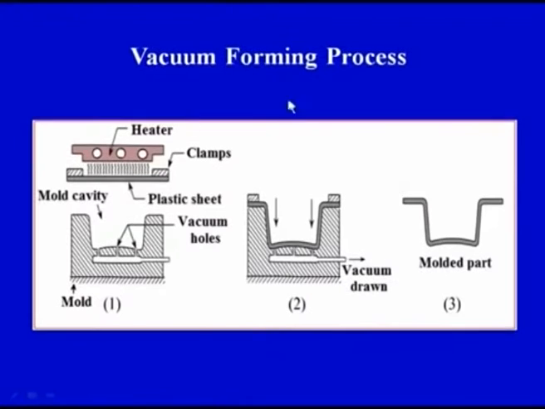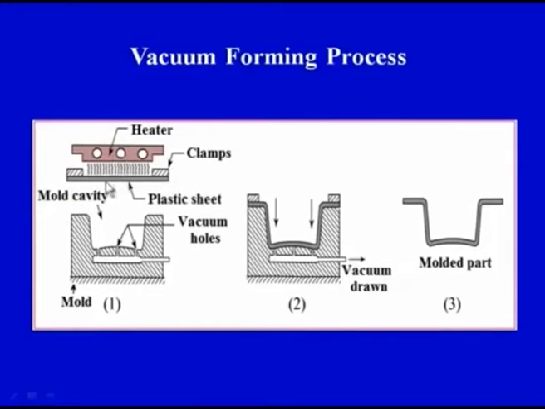So let us just try to revise the basic process of vacuum forming with the help of the diagram. Although I have drawn the diagram, here again we can see it, just to have a complete representation of the process once again and try to revise what we have drawn. Let us see now the vacuum forming process. We have the heater, that is the heating arrangement. We have these two clamps to fix the sheet, that is a plastic sheet. This is my plastic sheet. So this is fixed with the help of clamps.